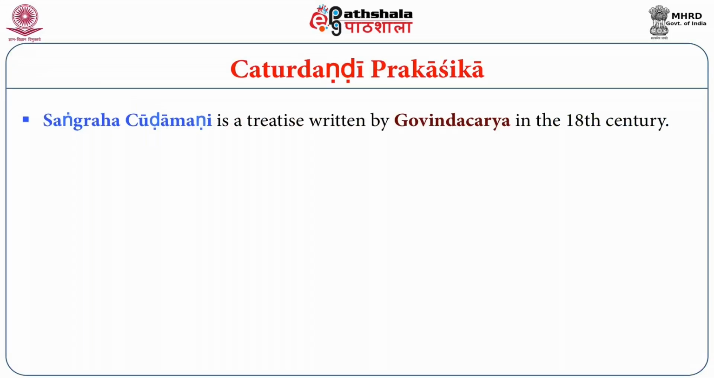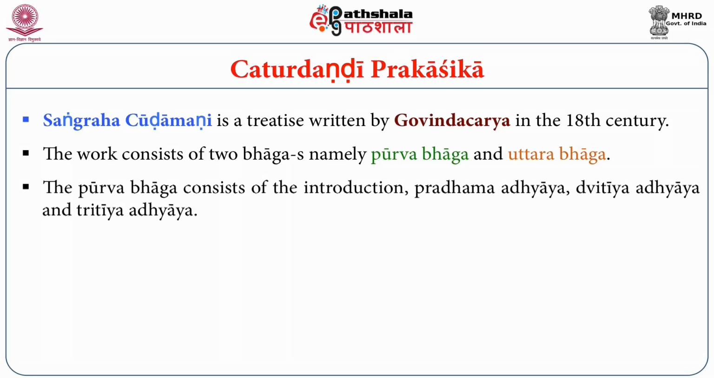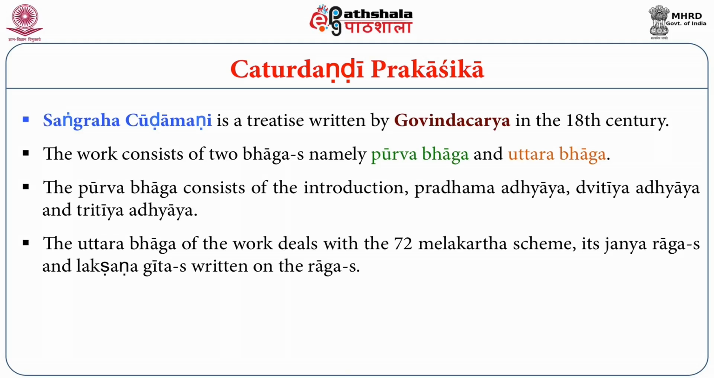The next work of very great importance is the Sangraha Chudamani. This is a treatise written by Govindacharya in the 18th century. This consists of 2 bhagas, namely the Purva Bhaga and the Uttara Bhaga. The Purva Bhaga has the introduction, the Prathamadhyaya, Dvitiya and Tritiya Adhyayas. Uttara Bhaga speaks of the 72 Melakarta scheme, the Janya Ragas and the Lakshana Gitas, which were composed for these